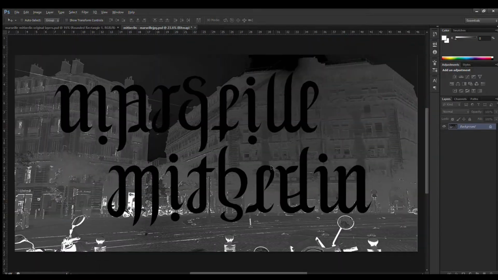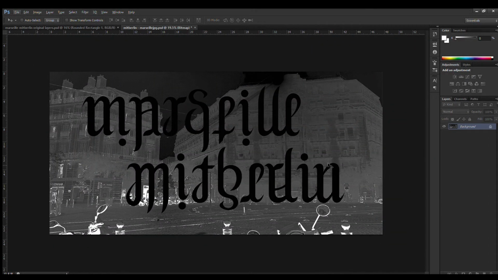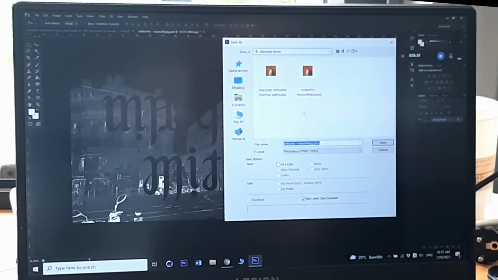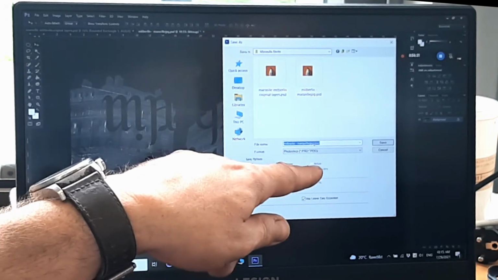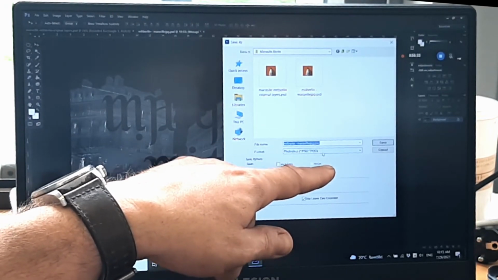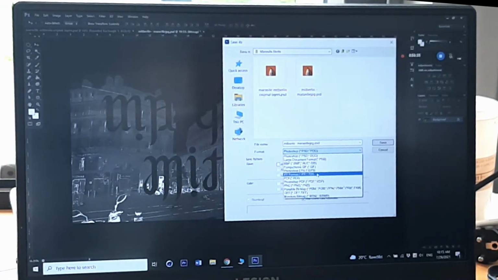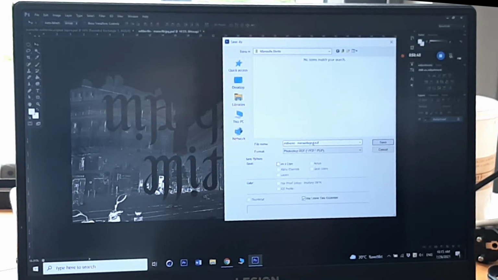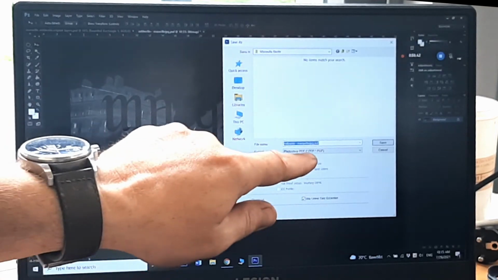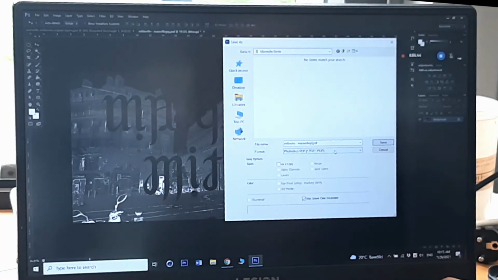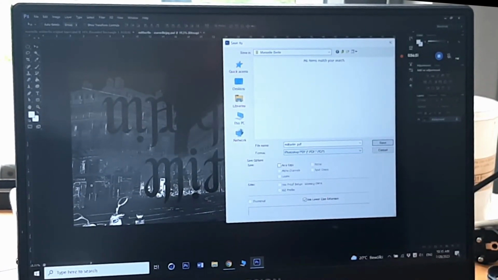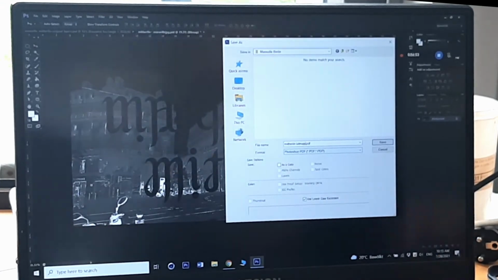Now we need to save it as a different file. So save as a Photoshop PDF file. And then call it whatever you want to print it. Just leave the PDF at the end. Because we're going to take it over to bitmap, and then I have to go turn on the